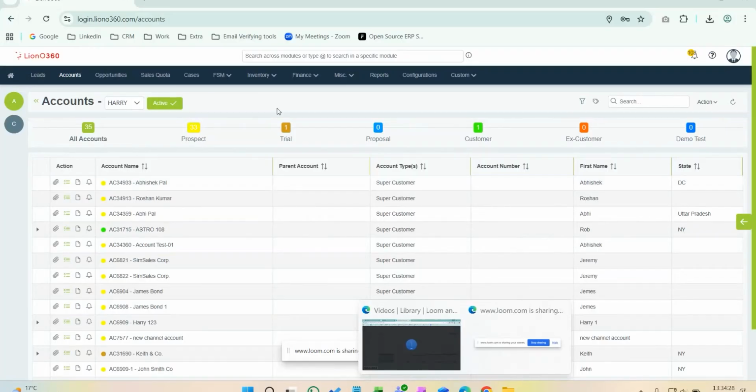Hello everyone. In this video, we will see how we can import multiple accounts through an Excel sheet into a CRM. So once you're logged into the CRM,